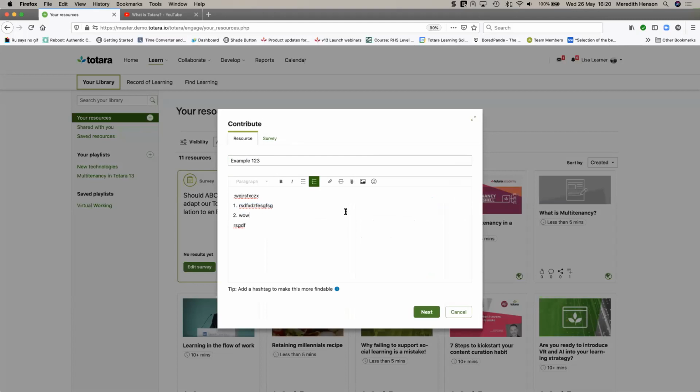Entirely up to you. And this editor here has limited editing options. The reason for that somewhat stripped down editor is because we've designed Totara Engage in a mobile first or mobile friendly way. So our Totara mobile app, which I'll talk about in a moment,